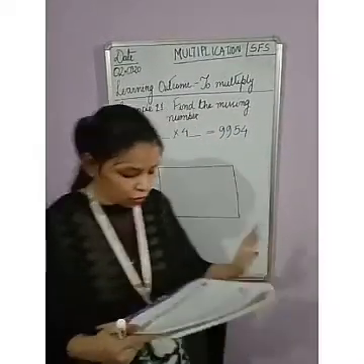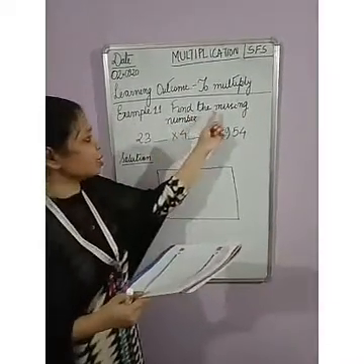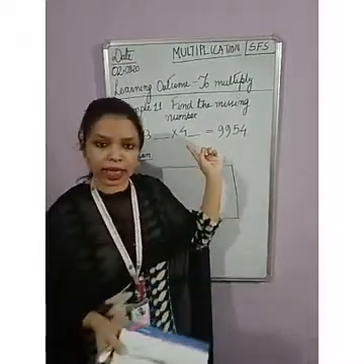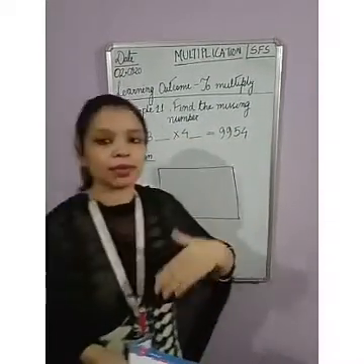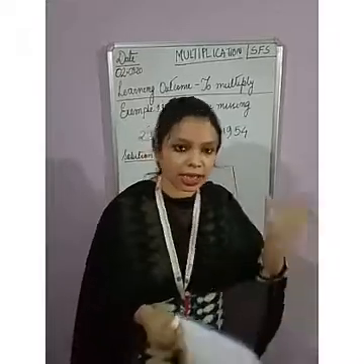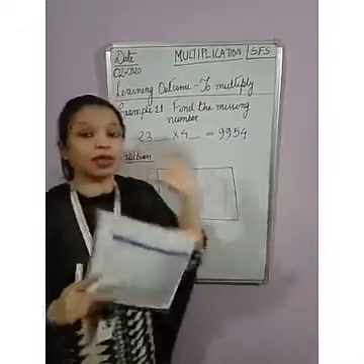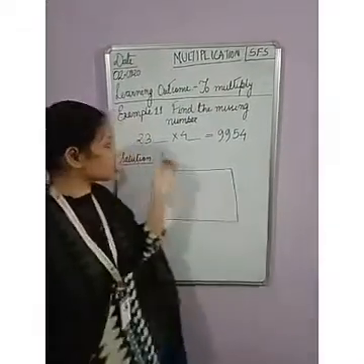Okay, and the question is given here, find the missing number. Okay, so we have to find a missing number. Missing number we have already done, isn't it? But this is a bit different, it is given in a filling-the-blanks form. Okay, so what is given here?